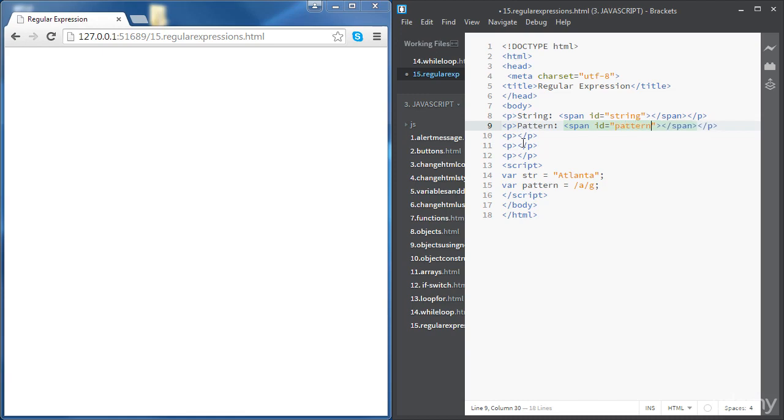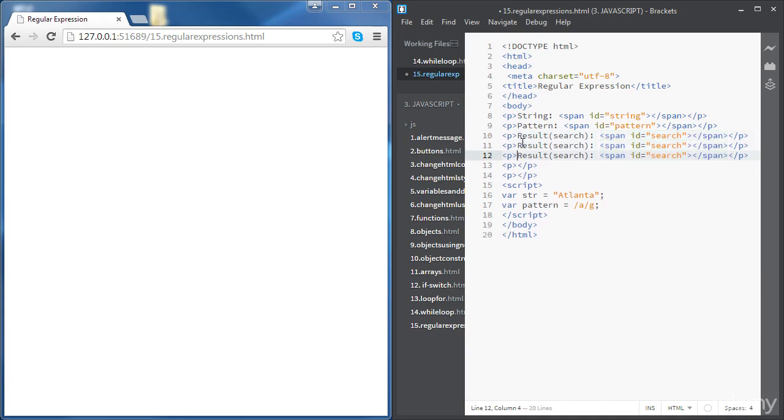All right, the next one is going to be for the search results. And also we'll put it in a span with an ID of search. It's probably easier to just duplicate those. So the other one is search match, ID is match, and the final one is test, ID is test. Okay,